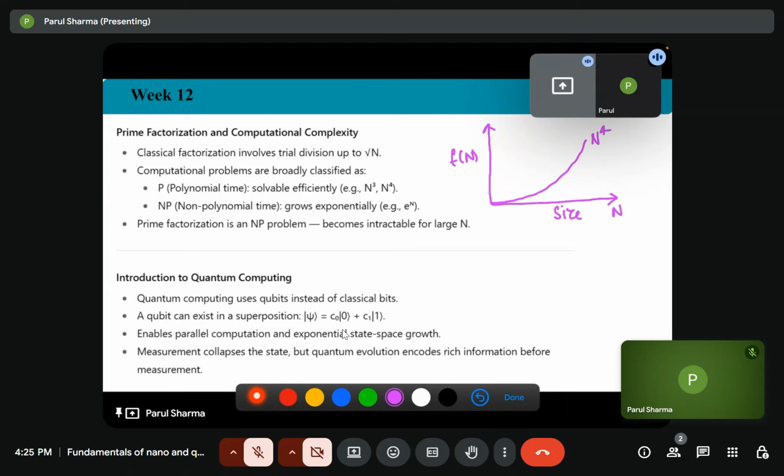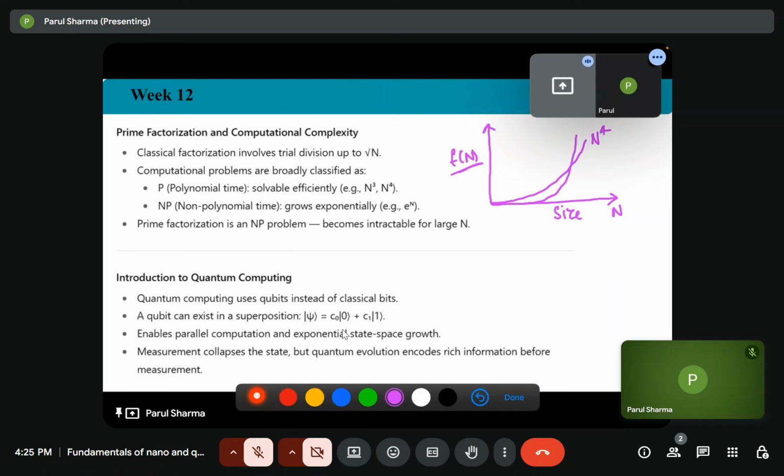Suppose n is increasing, then f(n) is increasing by n^4. This is the polynomial. So if we have weak encryption, powerful supercomputers will decrypt the data and it is not very secure. But now, if we have the